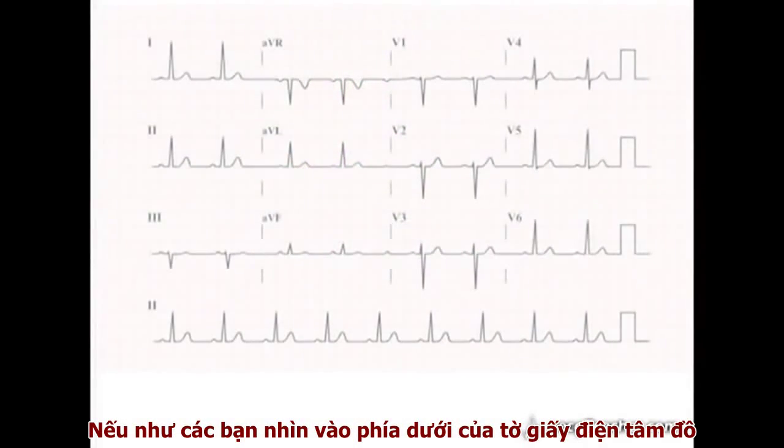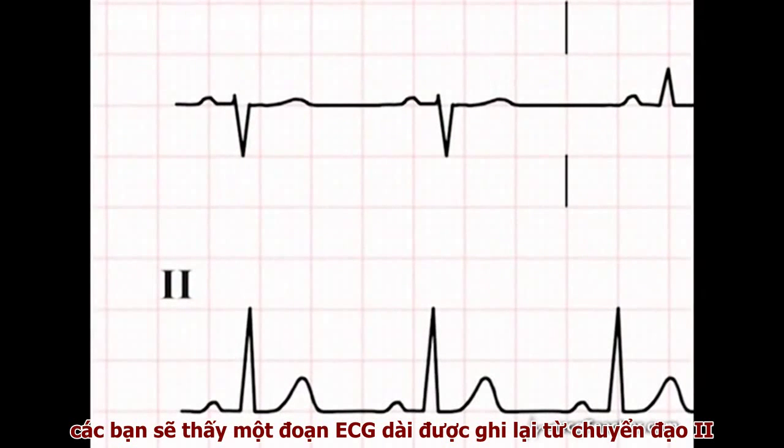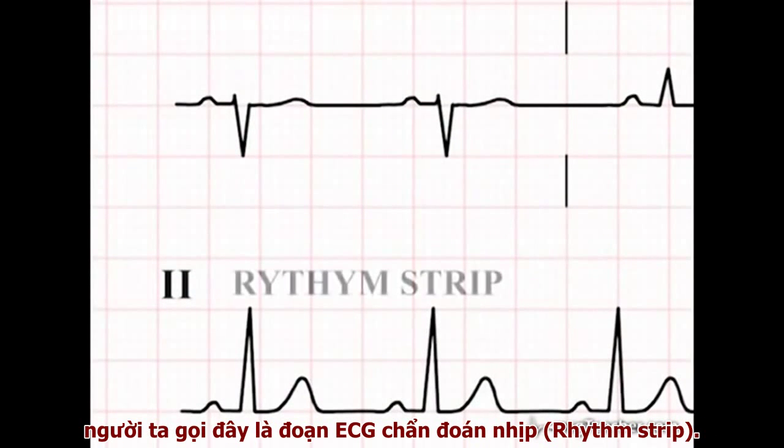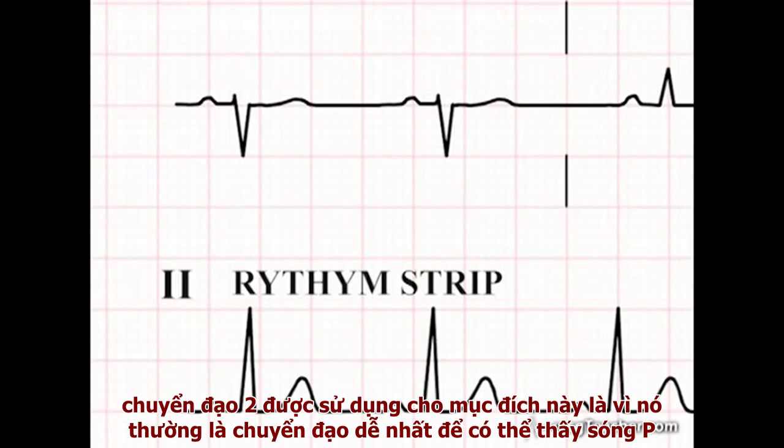If you look at the bottom of the ECG readout, you will see a long run of recording from lead 2. This is called the rhythm strip. We use the rhythm strip to calculate the heart rate and to diagnose abnormal cardiac rhythms. Lead 2 is used as the rhythm strip as it is usually the easiest lead in which to see P